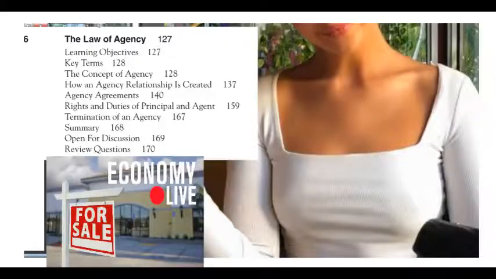Unit 6. The Law of Agency. Learning Objectives. When you have completed this unit, you will be able to define the agency relationship and the parties